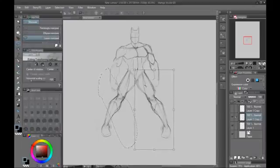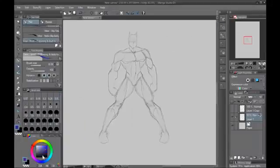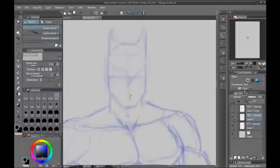Anyway, so once you have figured out the pose you want, and this is how you know I'm not just looking at something and drawing it. I go through several corrections and figure out how I want them to be. Do I want his legs together? Do I want his legs farther apart, shorter apart? How much do I want to turn his upper body? All that's important. Once you have the basic construction down,